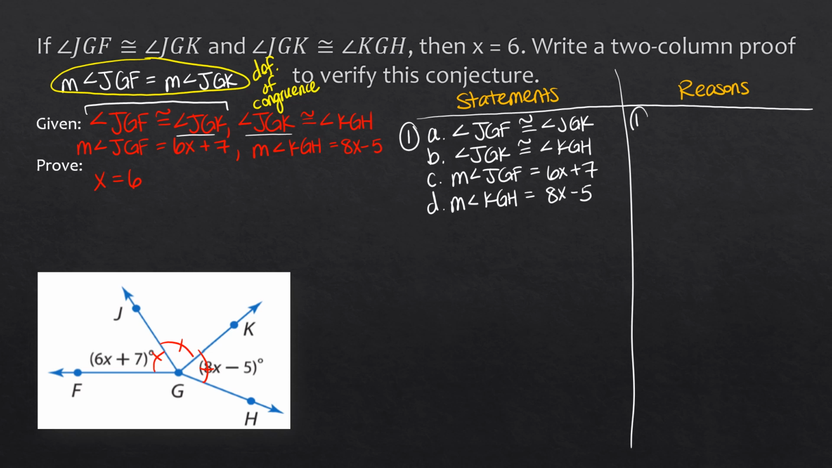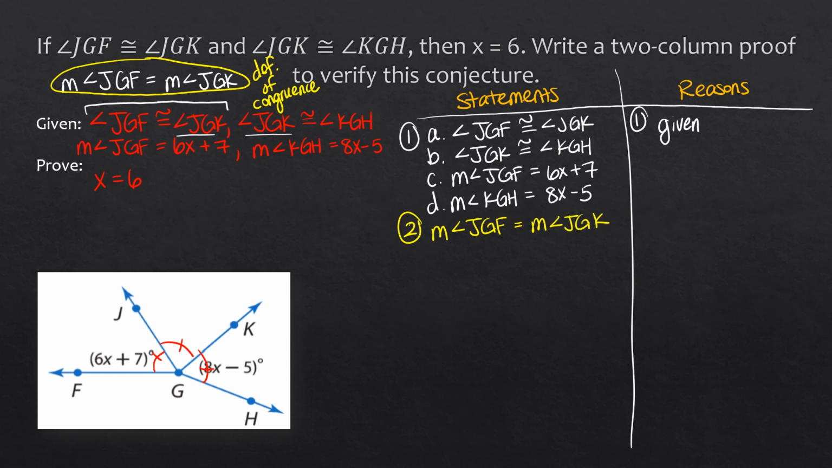All of that we're allowed to call our given. Some of it is in the diagram, and some of it was in the description. Okay, so here's what we're going to write as our next line. Step number 2. The measure of angle JGF equals the measure of angle